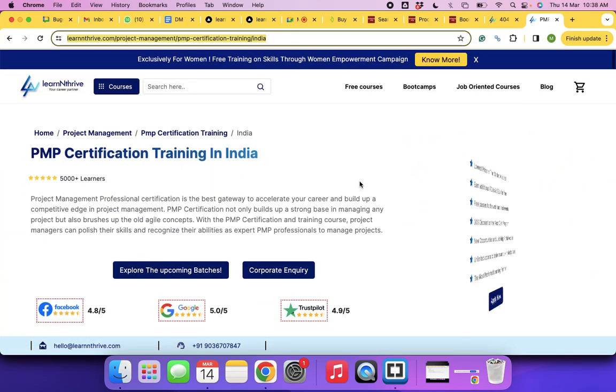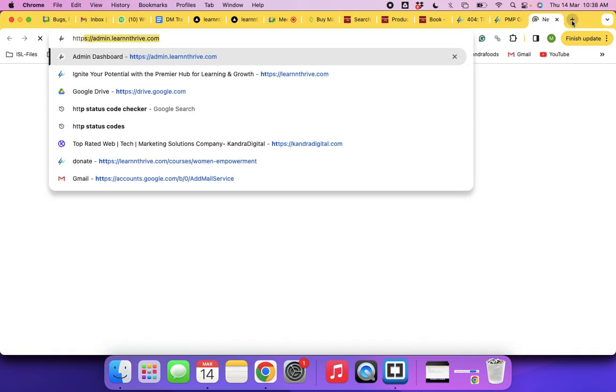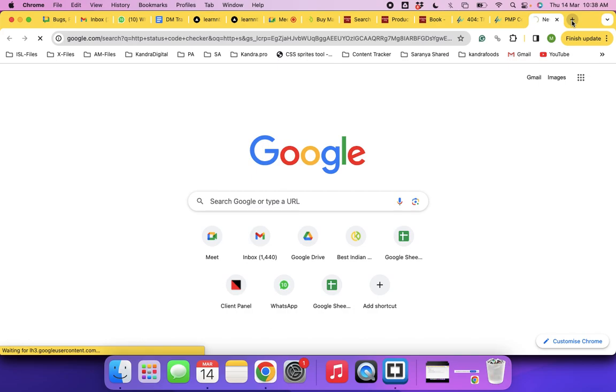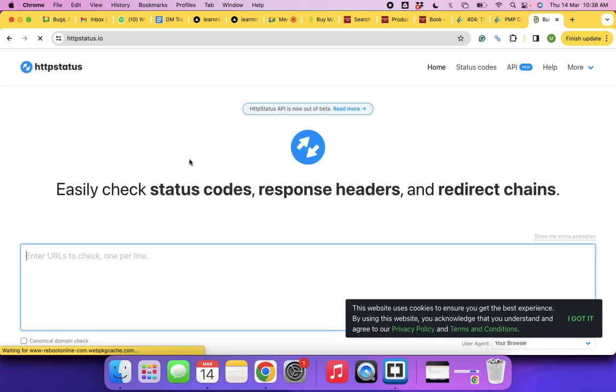And now if you have to understand what is the status code of this, we use a tool called HTTP status code checker. It's the server's language of telling that something is available or not available, right? So I'm just typing that here. I'll type one more.